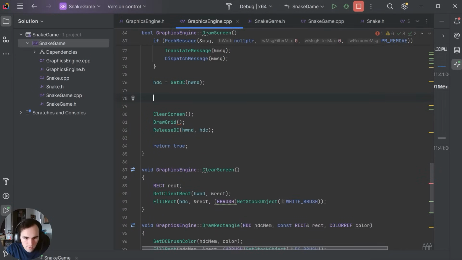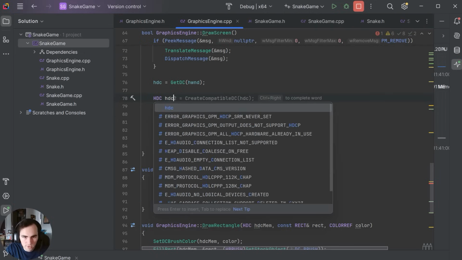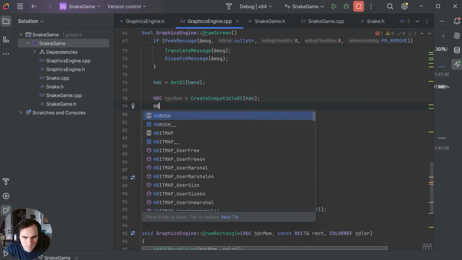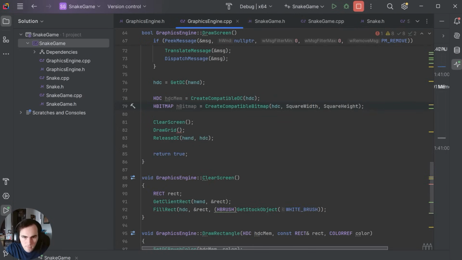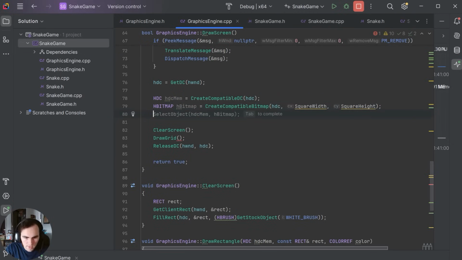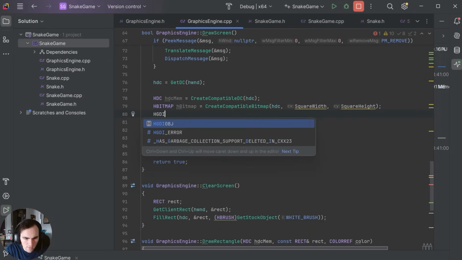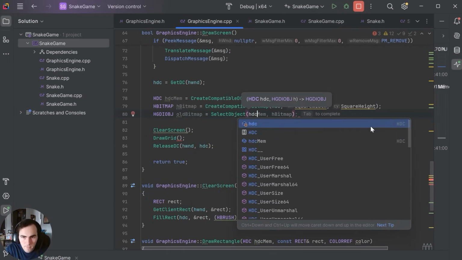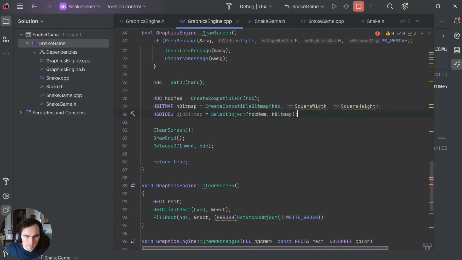In order to make a copy, we will need to do this. Yeah, I think that's correct. Yes, that makes a copy. There we go. Now we're going to clear our screen, draw our grid using our copy, and then we will